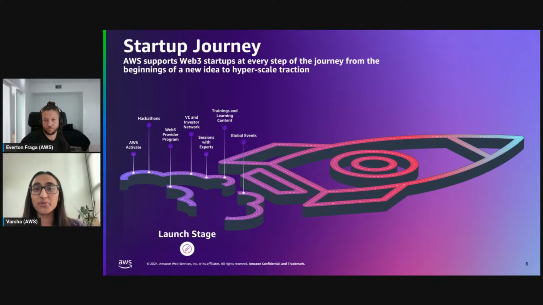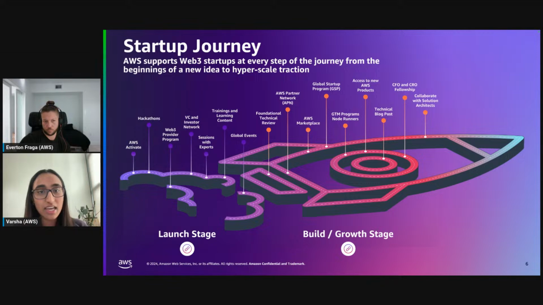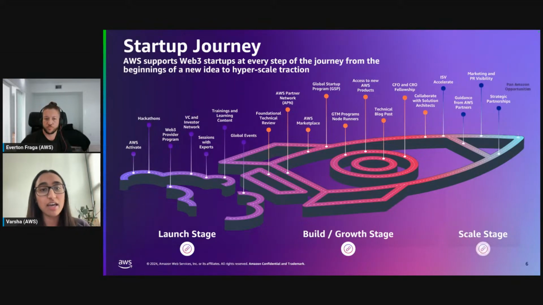So this is just a cool animation that we threw together for this presentation. It walks you through each step of your startup journey, all the way from the launch stage, as you can see here, up to the scale stage.